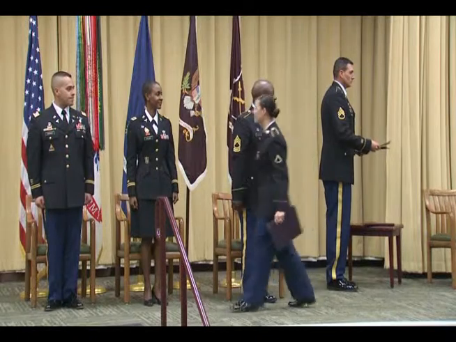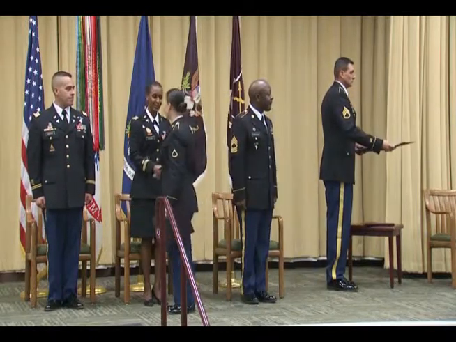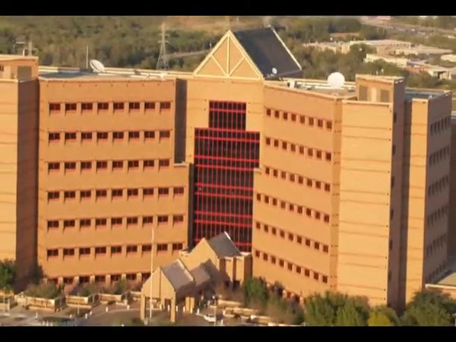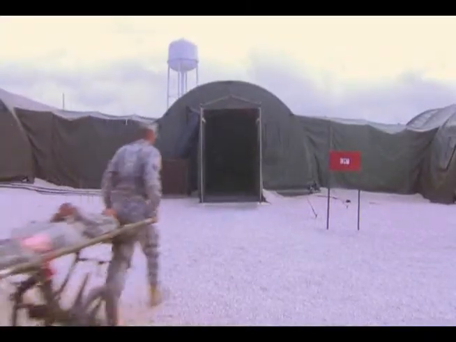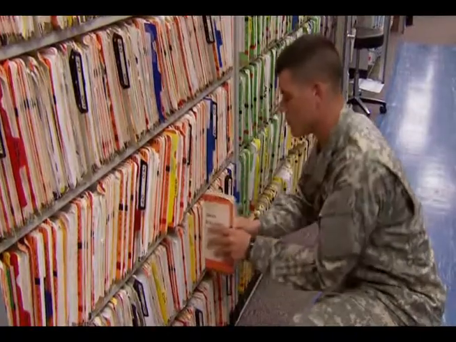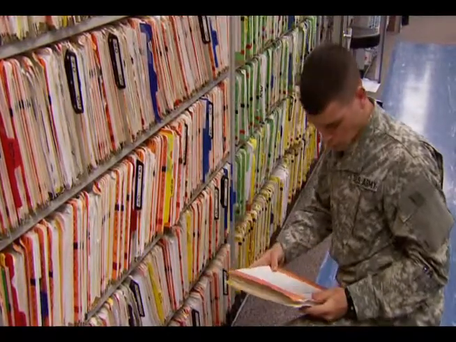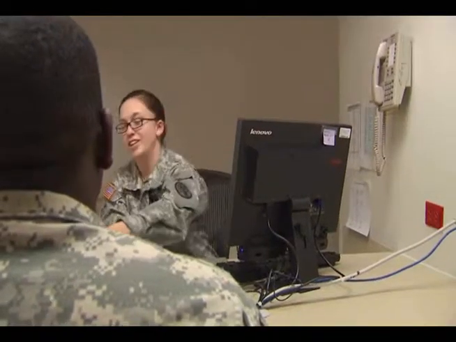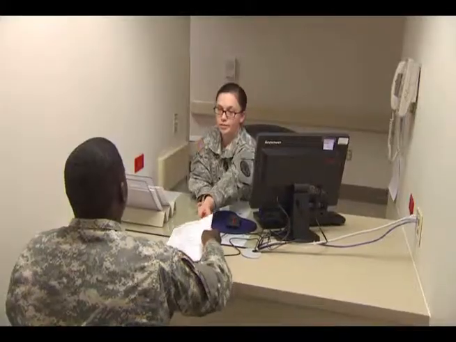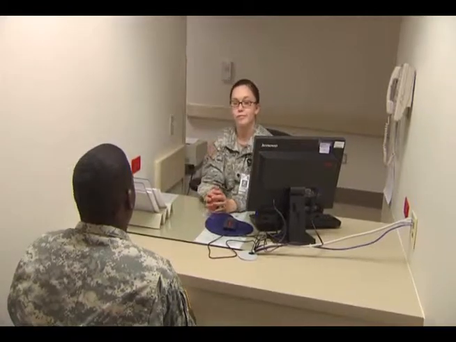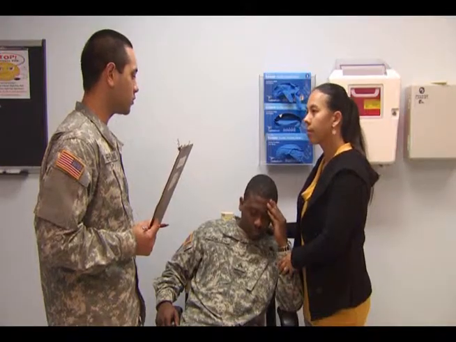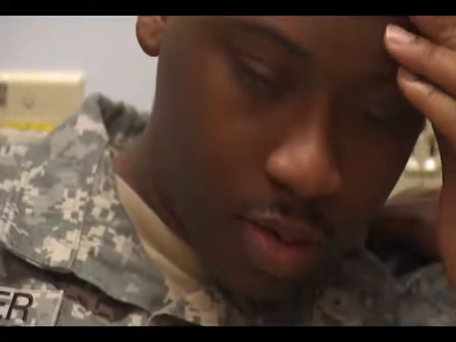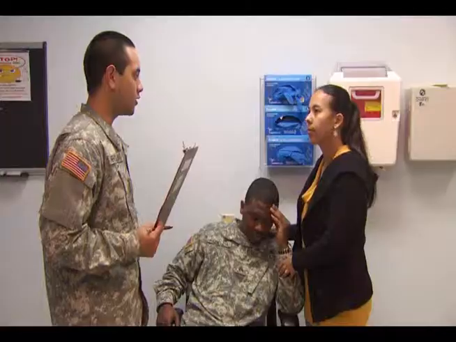After your military occupational specialty training, you will be assigned to a fixed medical treatment facility or a field unit. You will maintain and safeguard medical information and records about each patient's treatment and promptly provide the information and records when required. You may assist in the disposition of patients who are unable to function properly because of behavioral health